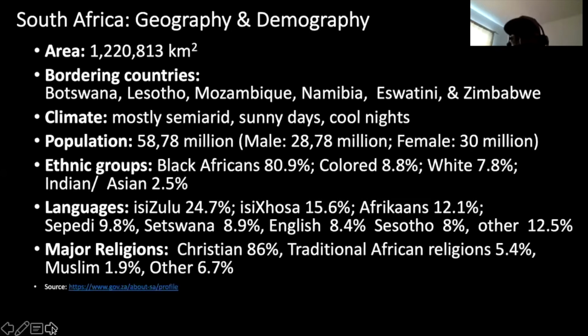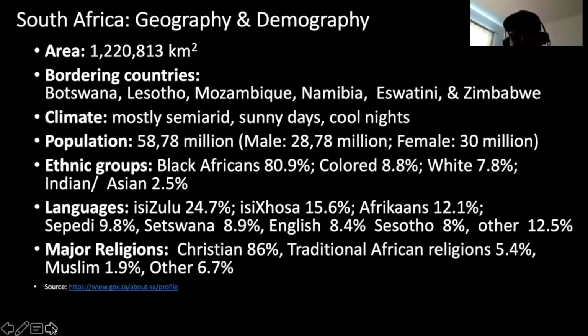But that is not to say that because English is 8.4%, it is a minor language. It is actually the major language, spoken by every South African who has formal education, so to speak. And then you have Sesotho, which is spoken in both South Africa and Lesotho, and we have other ones